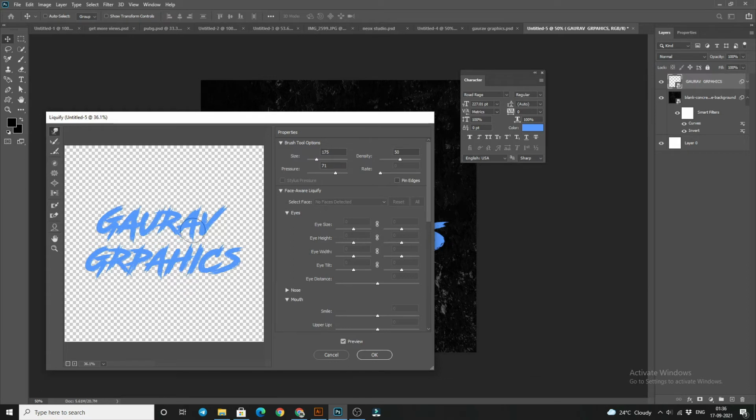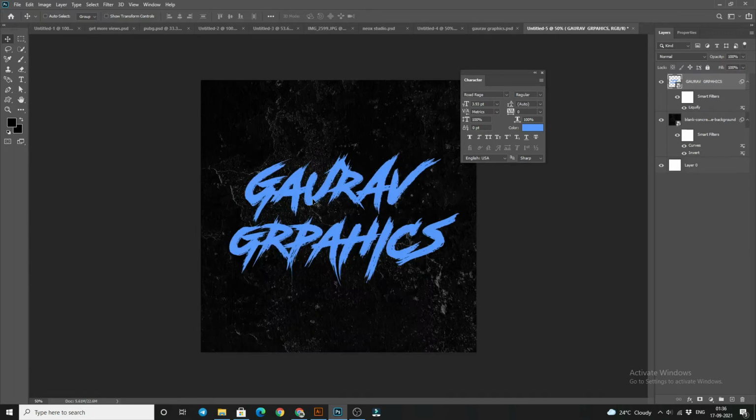We can make our brush size small by the small bracket key, and we can adjust it. I had done these kinds of things on that artboard. I'm just showing you, and hit OK here. So your text will be converted into this shape.